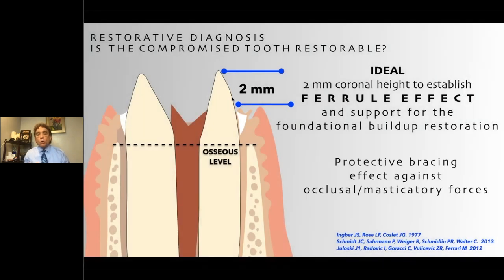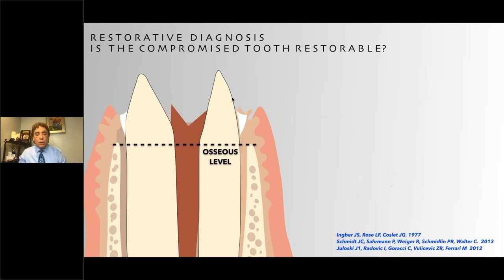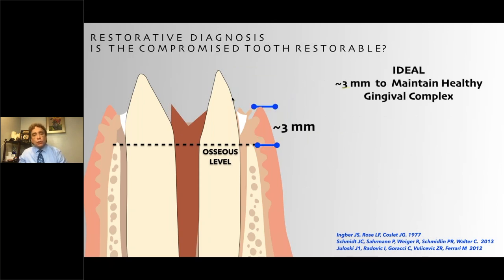And this is what we call the ferrule effect. It's sort of that bracing effect against occlusal and masticatory forces. If I have this bracing effect, the tooth is going to be much more stable during function, and less likely to break or fracture. The other part of the equation, and I think for us as restorative dentists, is that 3 millimeter